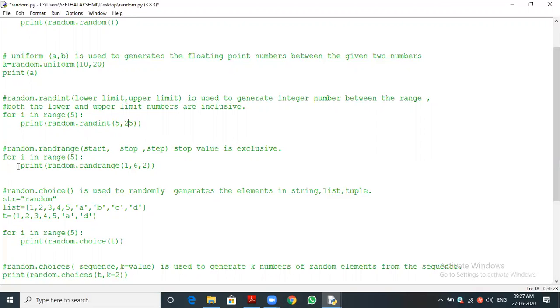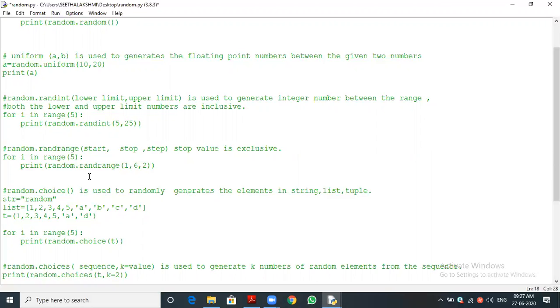Okay, let me come to the point. random.randrange(1, 6, 2). Here 1 is the start value, 6 is the stopping value, 2 is the step value. The step value is optional.